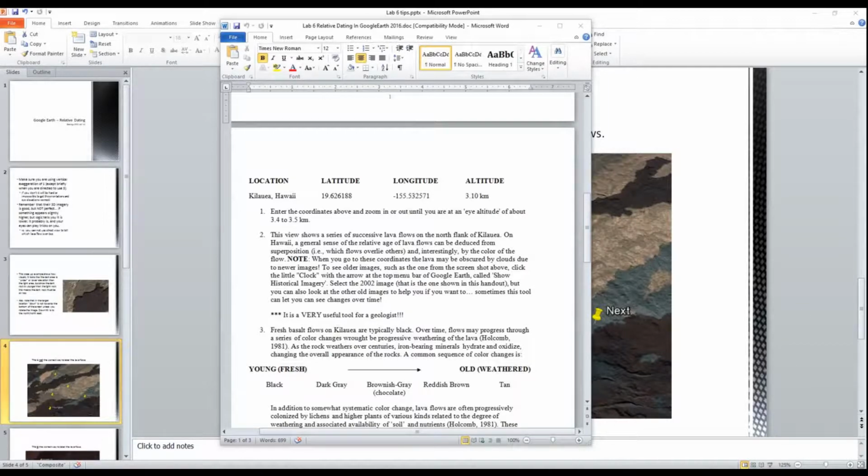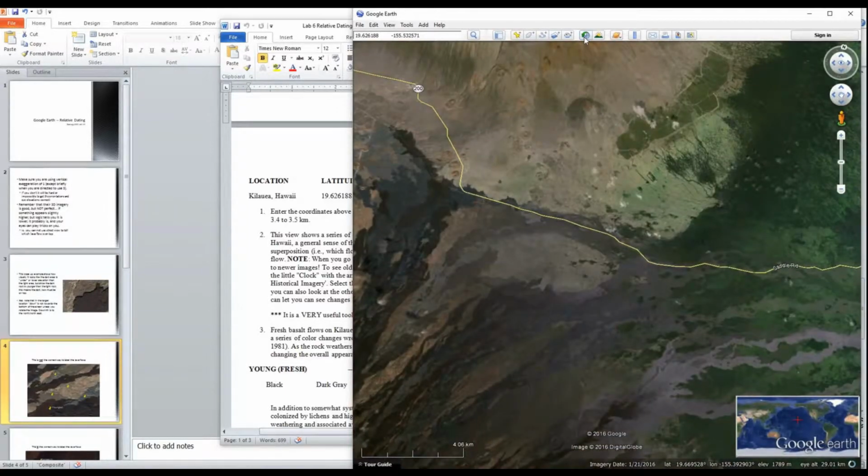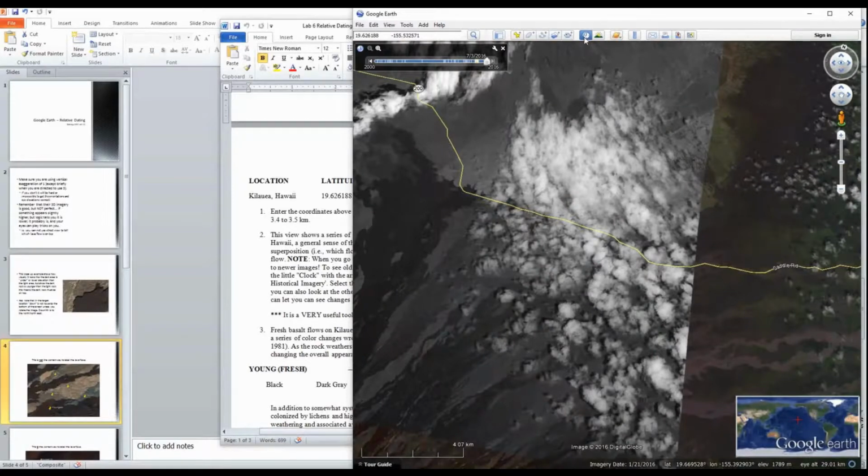Now if we tab over to Google Earth, in this location right here, it's looking really nice. But I'm looking at a past image. I'm not looking at the most current image. To do this, I clicked on this little clock up here on the top bar, Show Historical Imagery. If I turn it off, you can see the image changed. It jumped to the most current image. Turn it back on,